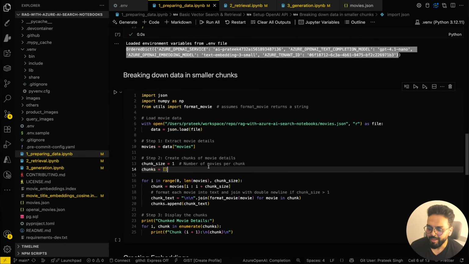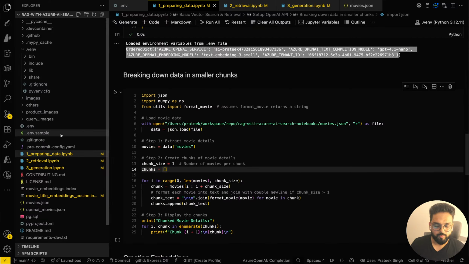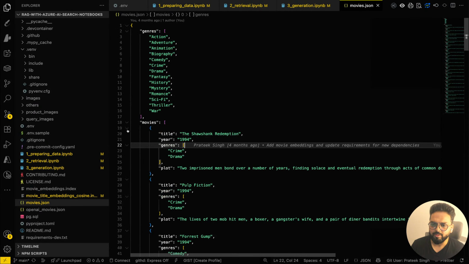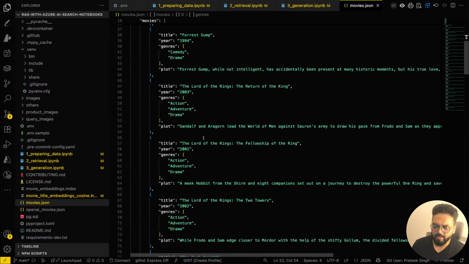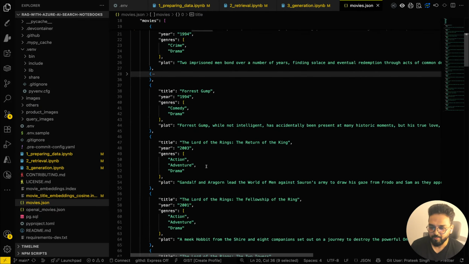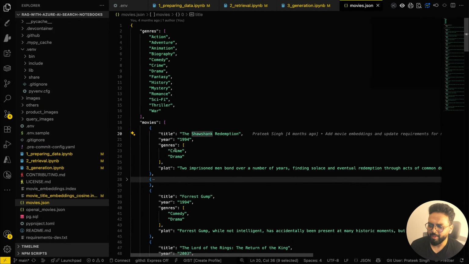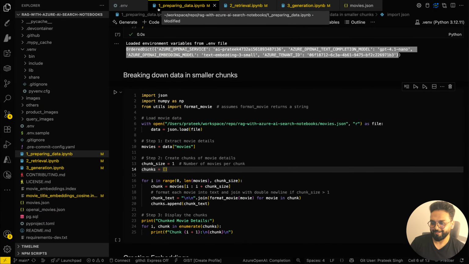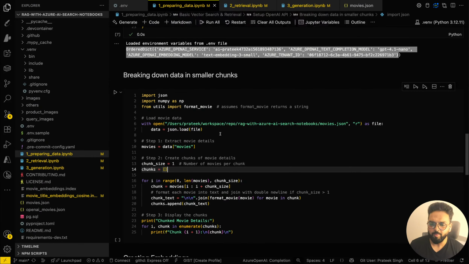Now I have some data with me. For example, just for the sake of simplicity, I have this movies.json file. This is a big JSON file, which has a list of a lot of movies, like we can see Shawshank Redemption, Forrest Gump, Lord of the Rings, and many more. It has year, genres, plot of the movie, and everything. So we are going to use this to basically create smaller chunks, then create embeddings going forward. So I've simply loaded the file in my repo,